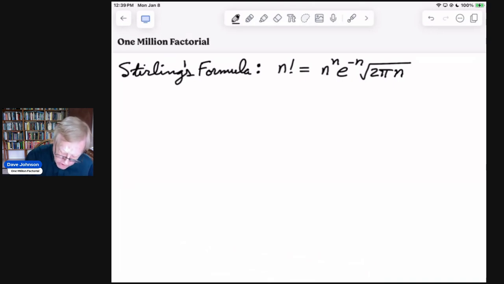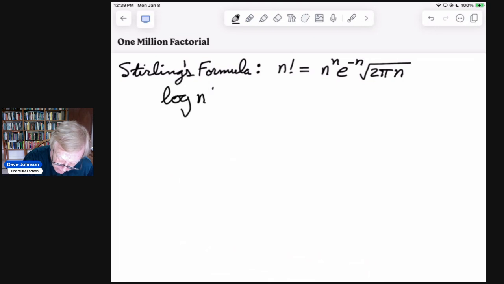So how would you do this? Well, I'm going to use the logarithm, take the log of both sides. I'm going to use log base 10 because I want to write the final answer in scientific notation. And so it's going to be easier to do that with log base 10. So take the log of both sides. So log